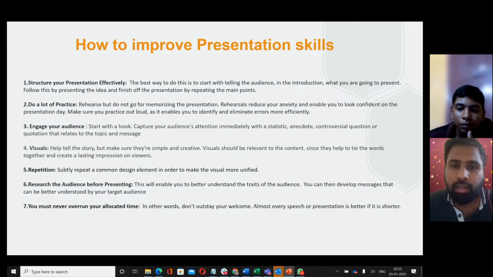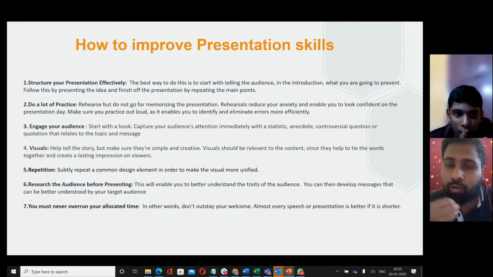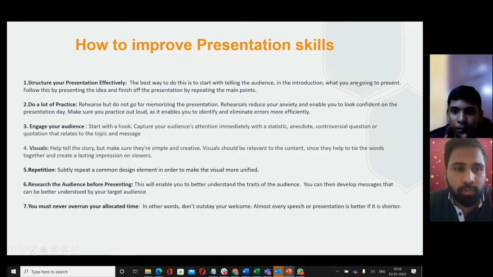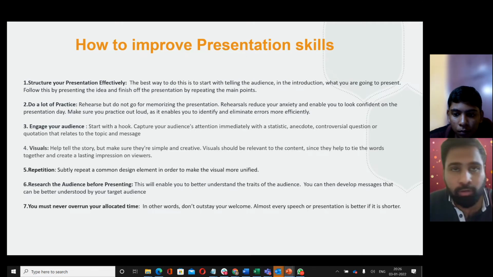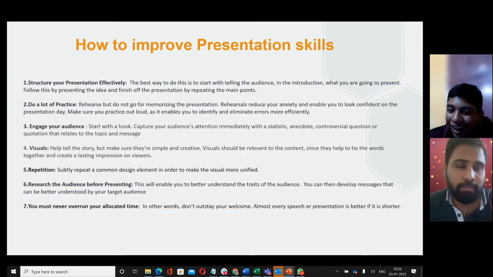The best way is to start by telling the audience. This is how you did it in your presentation, but now how you are going to say it. Tell the audience in the introduction what you are going to present. For example, you just start: Hello panels, good evening. Hello judges, and hello my fellow Niti Aayog team and the Adobe judge panels. Thank you for having me on this podium. I would be talking about the product that I have invented. You can start like that.